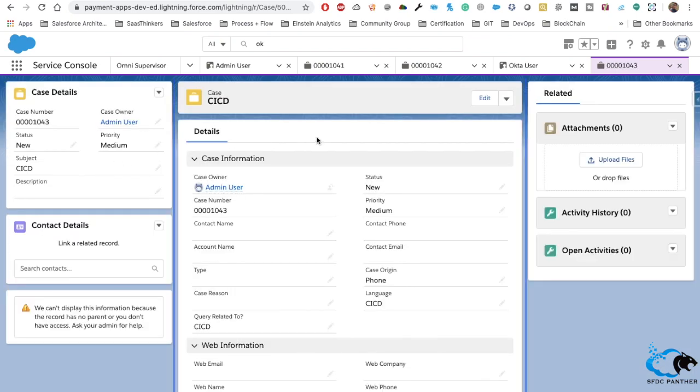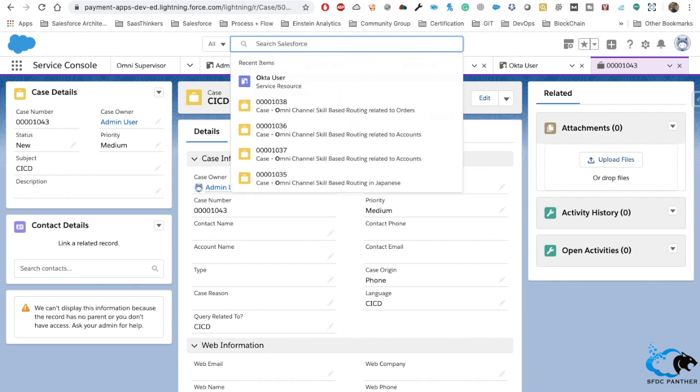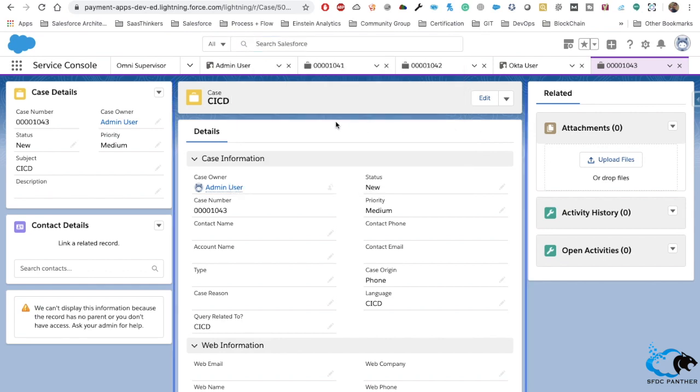So this is how you can enable skill-based routing using Omni-Channel. Why is skill-based routing useful? It is basically useful for large-scale organizations that have multiple products they are selling and providing services for to their customers. In those cases, they might want expertise based on a specialized product, or they also want agents who are specialized in various languages, as we just discussed. So this is it for this video.